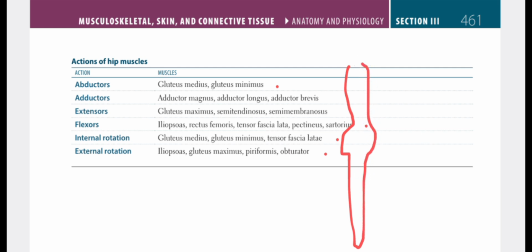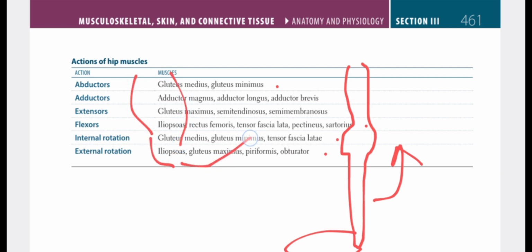Now if we move the lower limb, and here is the foot, towards the upper side, with this being the thigh, the knee region, and our lower limb, then this is known as the flexion and the other is known as the extension. So the extensor muscles result in the extension of the lower limb, that is stretching out the leg, and the flexors result in flexion of the lower limb, that is bending of the lower limb at the